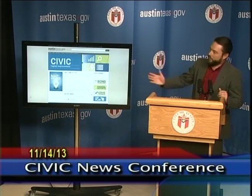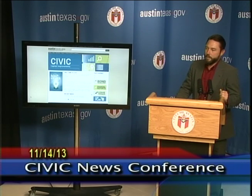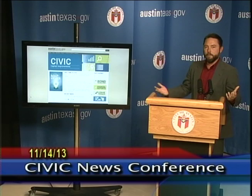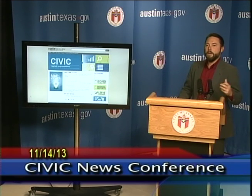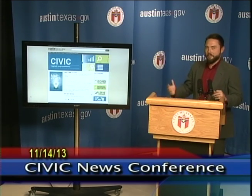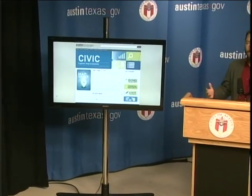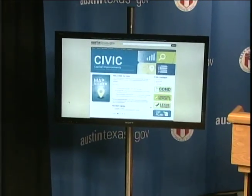So what I'd like to show here on the screen is the portal for CIVIC. We knew that it was very important, again, not to just put up maps and reports that might not make a lot of sense to people, but to really wrap it with some context and give some narrative and explain what things like CIP means, or what is GeoBond. What do those things mean? Not everybody knows. So we've leveraged the city's content management system, which austintexas.gov